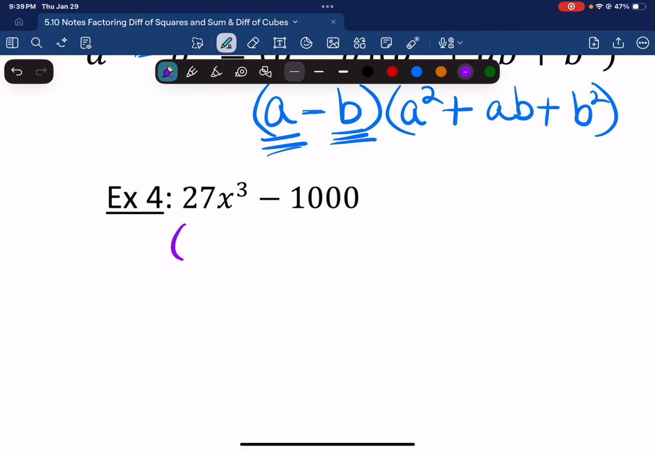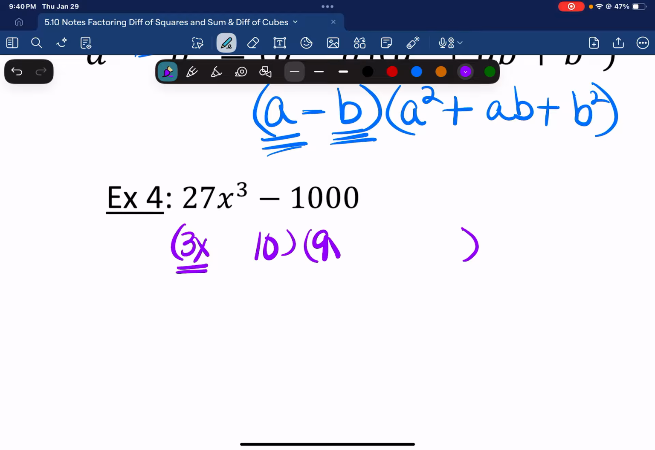We have a binomial factor and a trinomial factor. Okay, so what is the cube root of 27x cubed? That's just a 3x. What's the cube root of 1,000? What number times itself again makes 1,000? That's just a 10. So we've got that set up, and then we say, or sing, first times first is